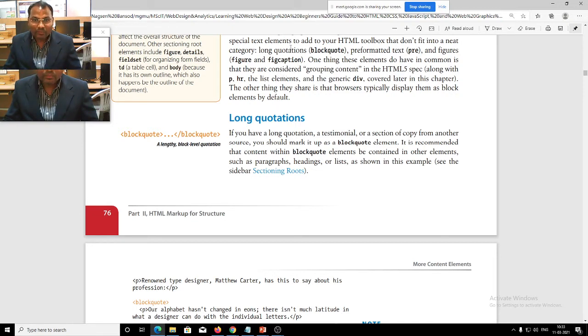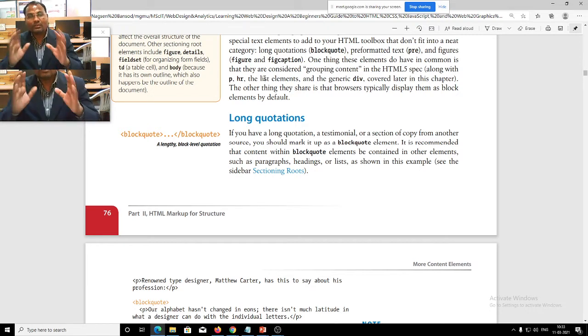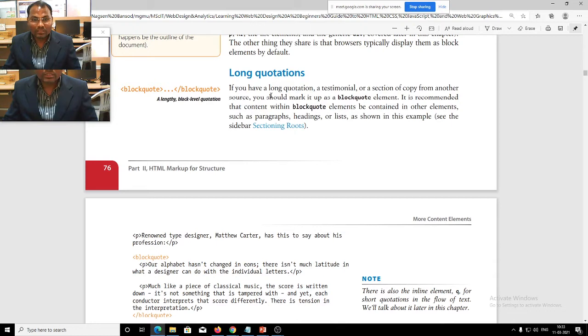There are some different tags we can use in HTML5 with the description list that we will see later. But the long quotations we are looking at: if you have a long quotation, a terminology or section of a copy from another source, you should mark it up as a blockquote element.